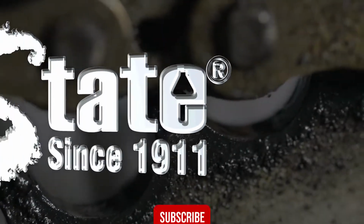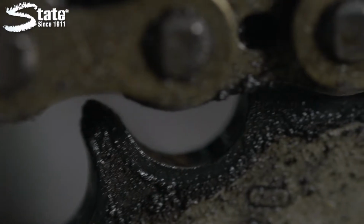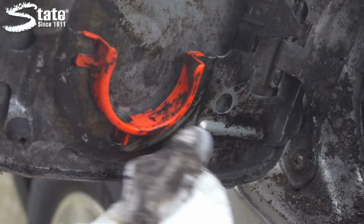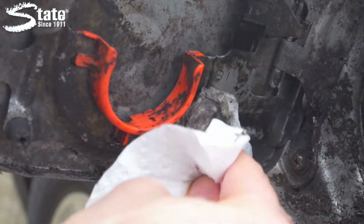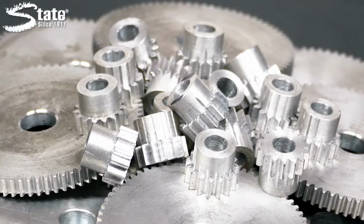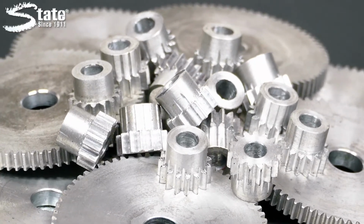Grit, grime, grease, miscellaneous debris, and more can contaminate parts before use, creating seal leaks, tightening issues, and more. Sometimes wiping with a rag is just not enough. State can help make sure you have clean parts prepared and ready to go when you need them as fast